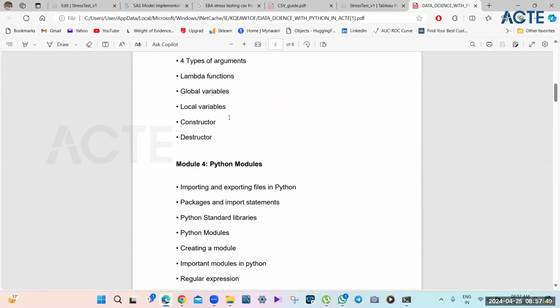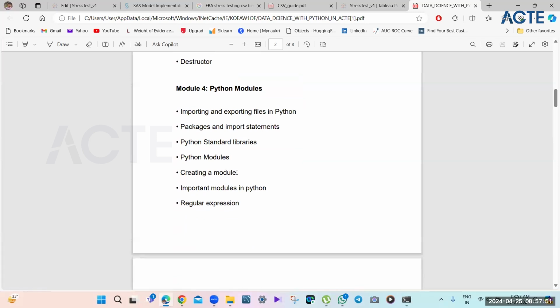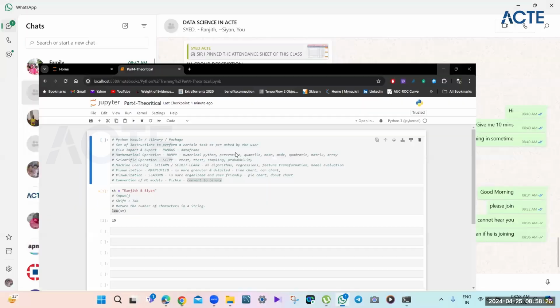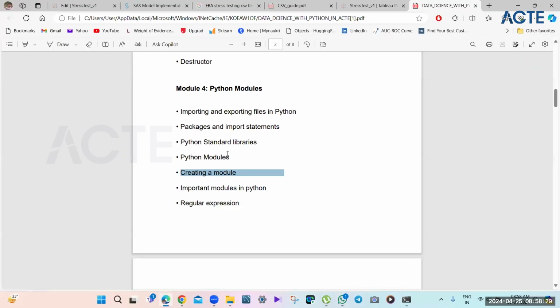Now, let's see what else. This thing we can purposely avoid: creating a module. We don't need to create a module here. We will be consuming only the existing ones. This is important for the IT people, the IT developers who will develop a module on their own. So let's say you need a particular module specific to your project. In that case, you will create one module, but that is not needed for our case. We will use all the existing ones. So that is the one that can be ignored.